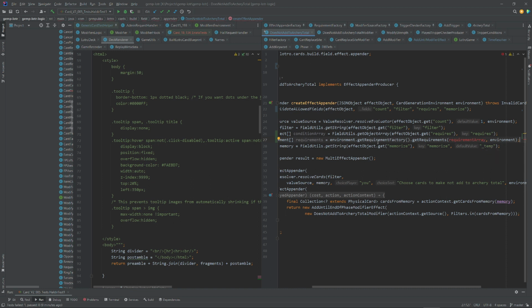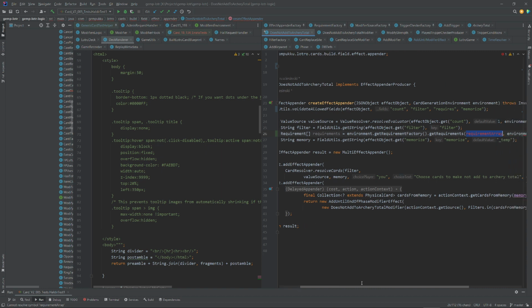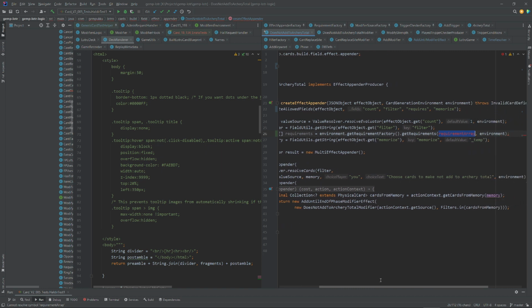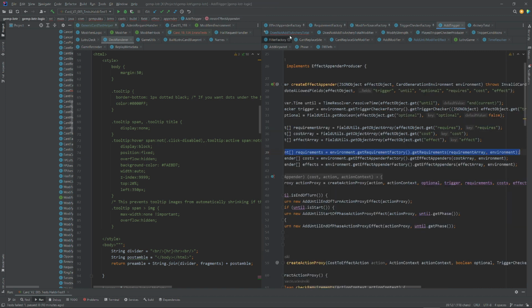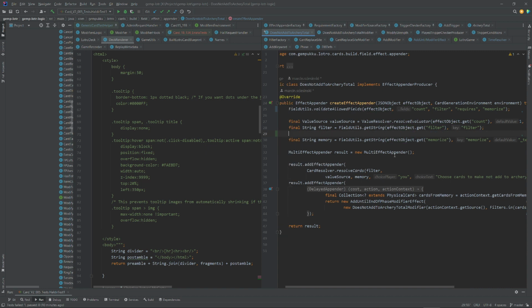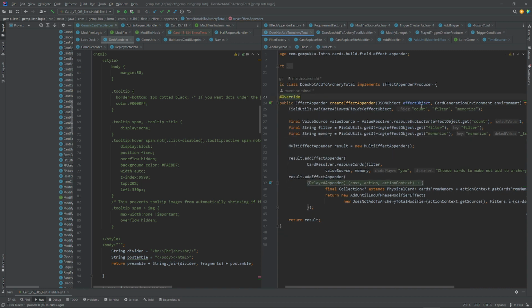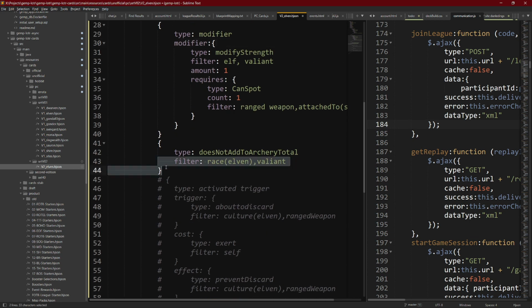Wait a minute. Yeah, okay. So that's actually what we want to do. We want to get requirements. Well, this is really getting into the weeds. I'm going to go ahead and let's just undo everything we've done here. Save it, and we'll just hop onto the next section and be aware of the fact that this is not